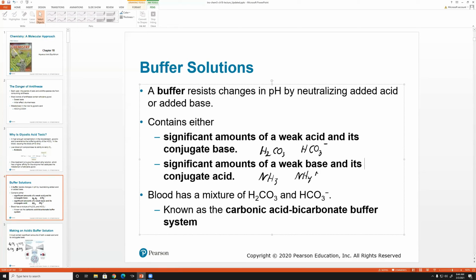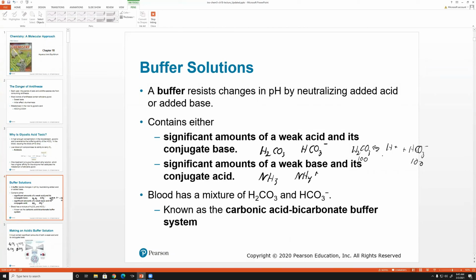If you have both a weak acid and a weak base in solution that are related to each other, there's a direct equilibrium associated with them. For example, we can write carbonic acid's equation as an example. You have your H plus and your HCO3 minus. This is an equilibrium, as we know. It's a weak acid. And if we initially have the solution with a large amount, let's say 100 molecules of H2CO3 and 100 molecules of HCO3 minus,